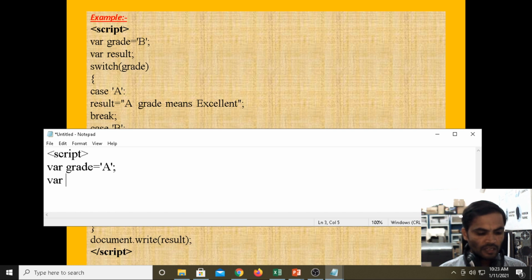Then I am taking another variable, result. Then I am writing the switch. For the switch I am taking the variable name grade. Then I am going for case.